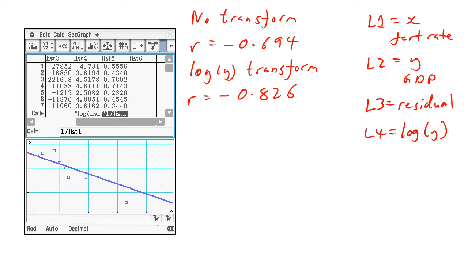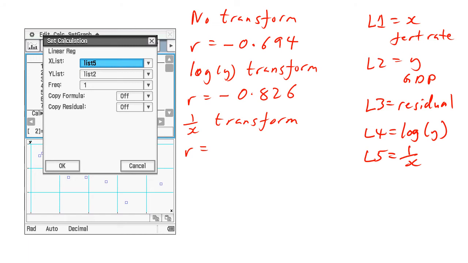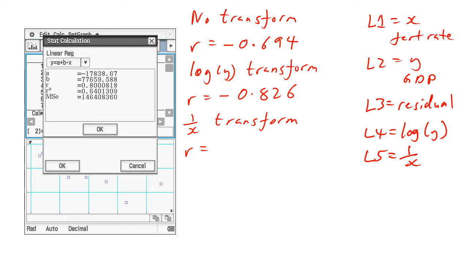All right. Let's do another transform. So we're doing list 5 this time. So we click on the bottom of list 5, the cal appears, and we said we could also do list 5 equals 1 over x. So for the 1 over x, or the reciprocal x, or the inverse x, whichever takes your fancy, r equals, well, we've got to work out what that r is. So that's going to be list 5 versus list 2. And if we do that, we get an r that is positive